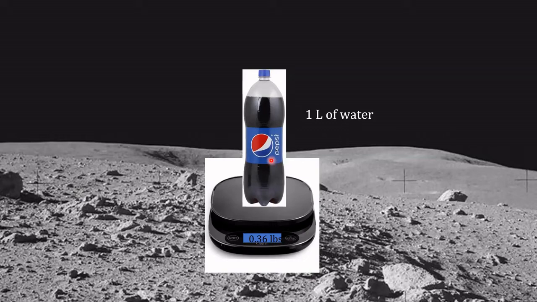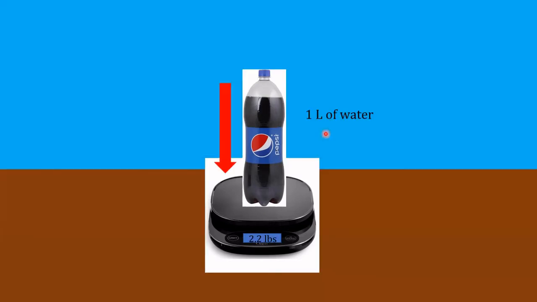And the matter that I was just speaking of, the atoms and molecules from which the liquid and the bottle is made, we call that mass. And I picked this 1 liter bottle because 1 liter of water has a mass of very close to 1 kilogram of mass. Now, I'm just putting arrows here to indicate visually how the strength of the gravitational field